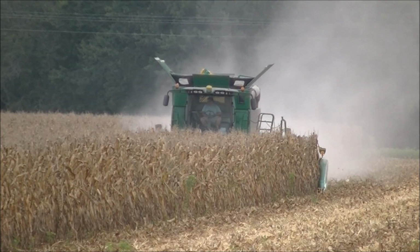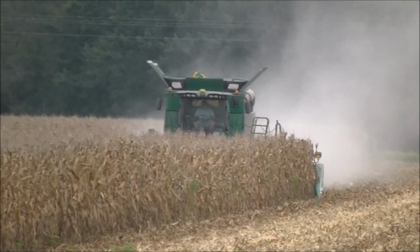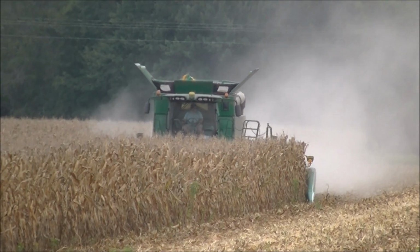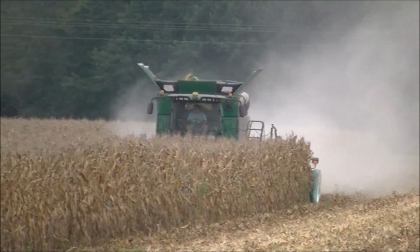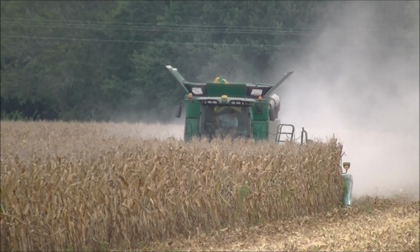And this is an S670 with a 12-row corn head. I'm not sure if it's a chopping corn head. I don't think it is, but I hadn't really looked at it to see yet. I know it's a 612C, but...